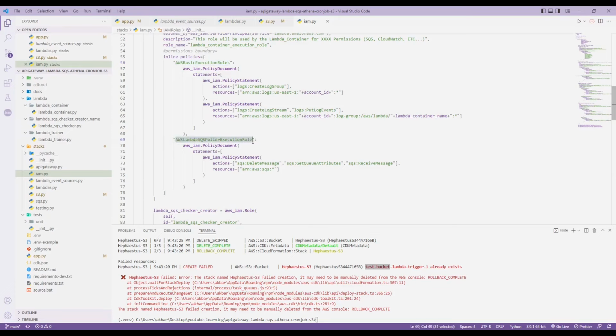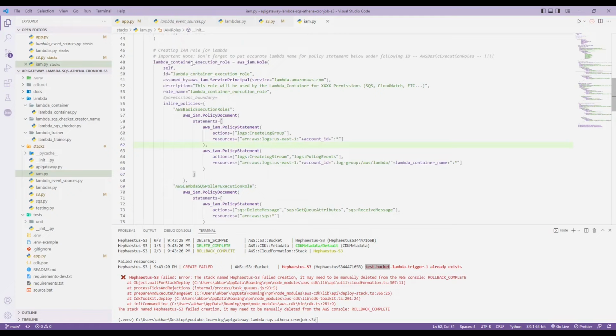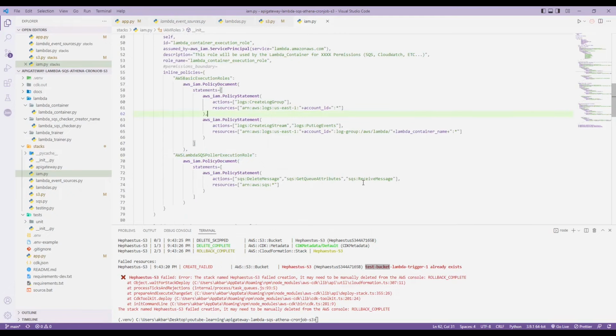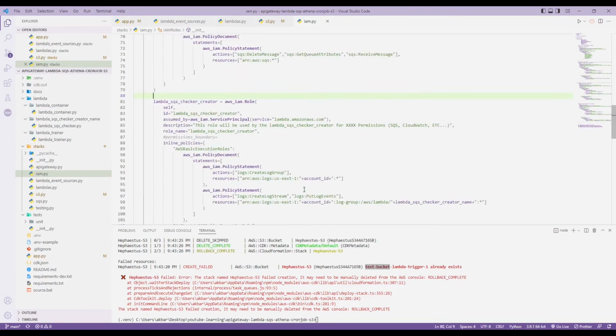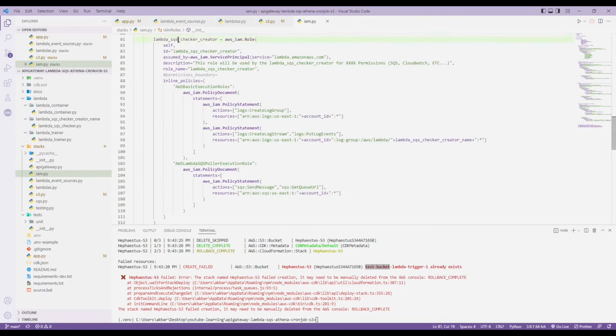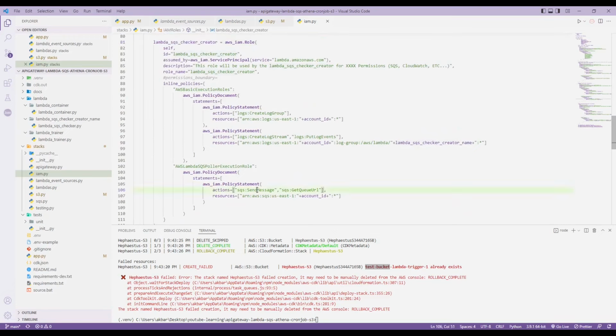Now the thing that changes is this AWS Lambda SQS poller execution role. So as I stated previously at the beginning of this video, this Lambda container needs to be able to receive messages. That is why the actions are set this way. So it needs receive message permission, get queue attributes, and also the ability to delete messages. Furthermore, the Lambda SQS checker needs the send message since it's sending messages to the SQS,